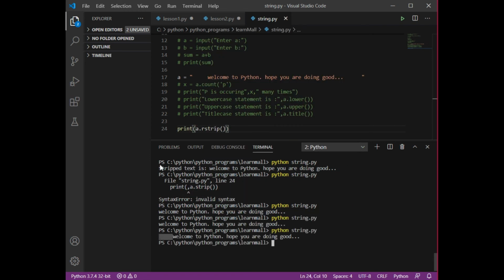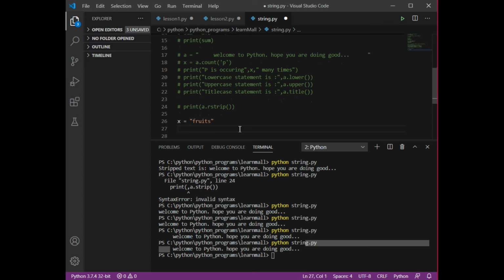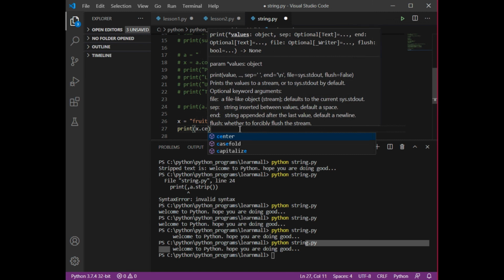So the next function that we are going to discuss is center. So let's just understand the center function. For that I'm going to take a different variable. Let's just take a single variable there. Let's say I'm taking x is equals to, I have written something here, let's say I'm writing fruits. Now what I'm going to do, I'll write print, x dot center, I'm saying 20.